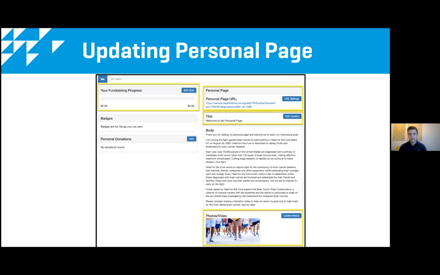But elsewhere, I think one thing that I found to be really helpful in conveying my fundraising message to friends and family was updating the URL settings. As you can see, the link to my personal page URL would be extremely difficult for someone to type into the search bar or the URL bar. What the URL settings allow you to do is make a simple